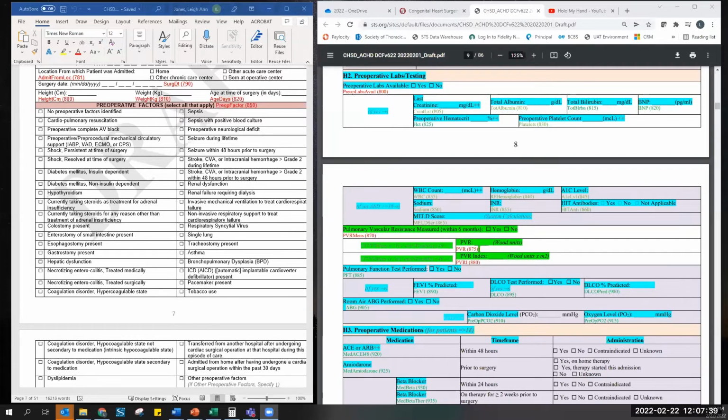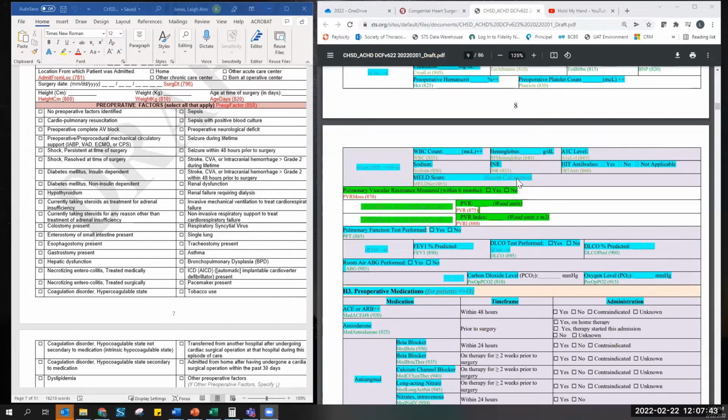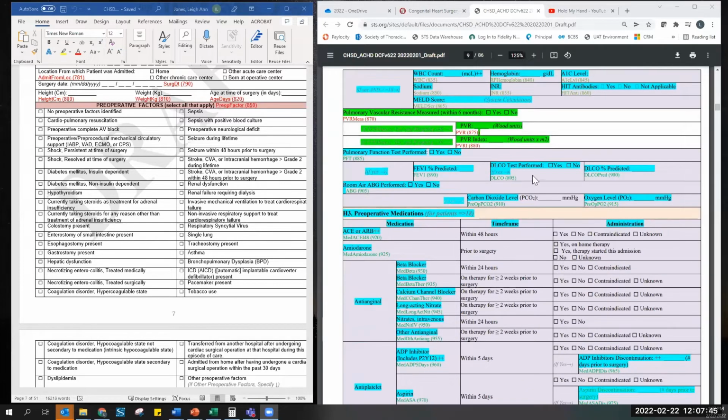into the database. So then down to pulmonary vascular resistance, there's nothing new related to pulmonary vascular resistance. It's highlighted in green because it has moved from another section in the data collection form to be in this new section of preoperative labs and testing. So nothing new there. And it will be answered on all patients. And of course, it's already stratified by weight, if you are greater than or equal to 40 kilos